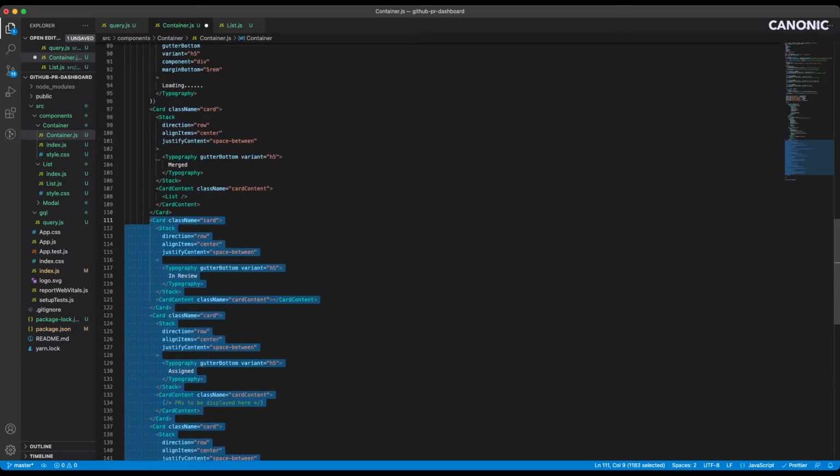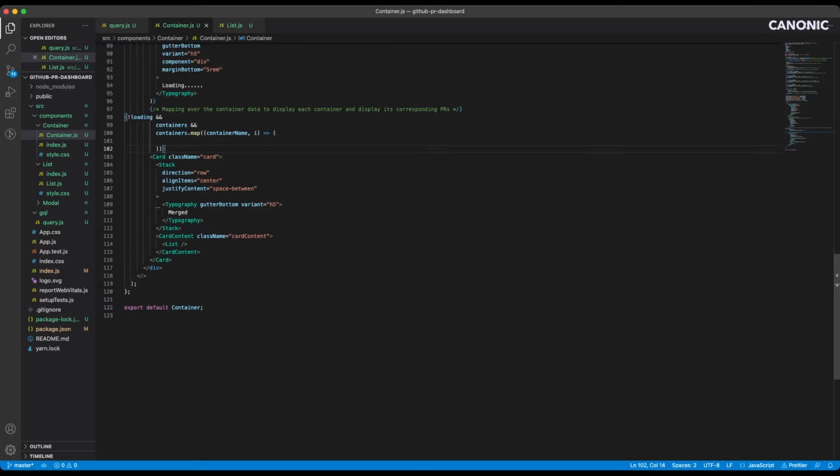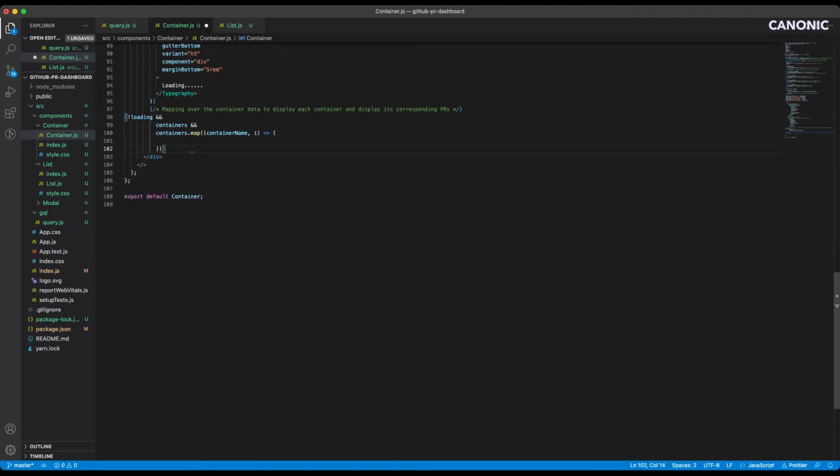We're going to loop over the card and use the data that we got from a backend. So let's loop over them. The condition would look something like this. If it's not loading and we have all the containers data, we can just put it across inside it.